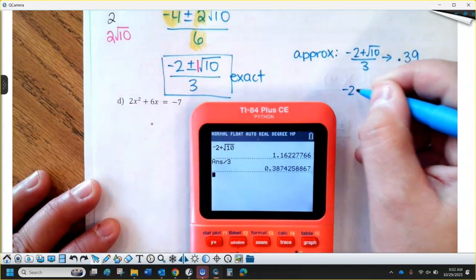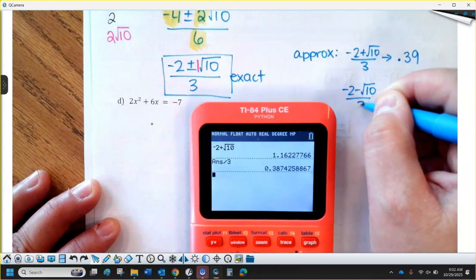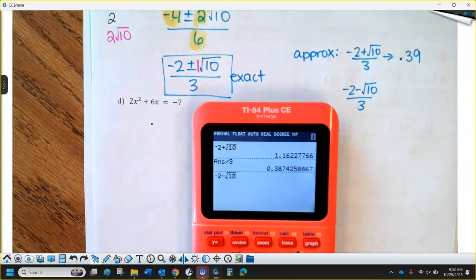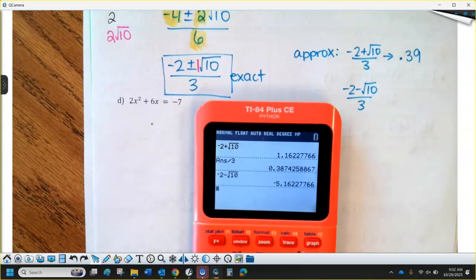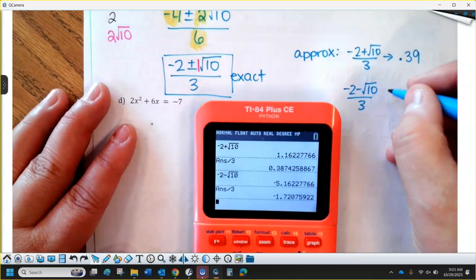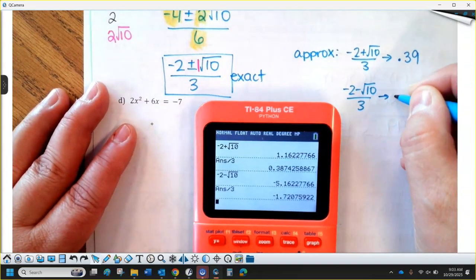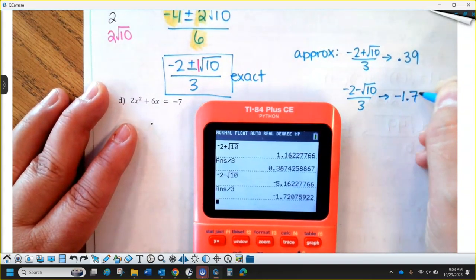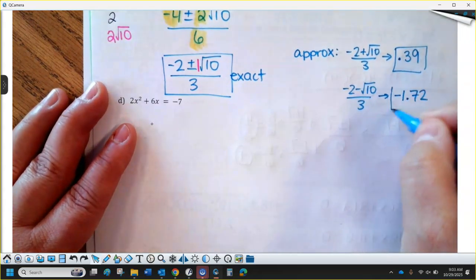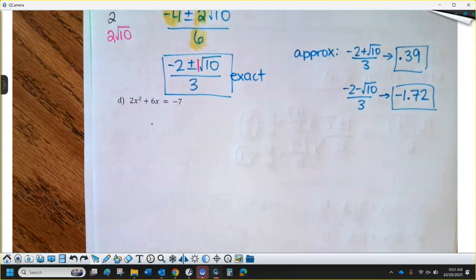I can also do -2 minus root 10 over 3. So again, just do -2 minus square root of 10, and just for me, just hit equals after you do the numerator, and then divide it by the denominator. So then my other approximate answer is about 1.72. So that plus and minus symbol, when we write the exact answer, I'm taking care of both of those